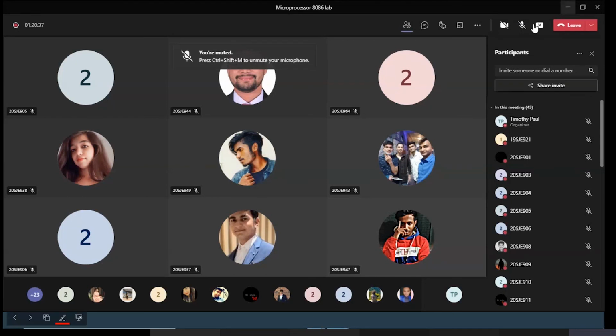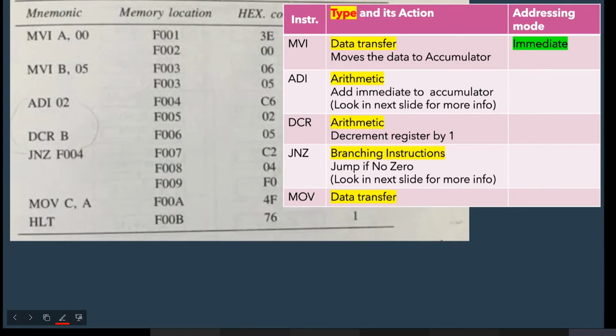Back. This is a very interesting program. So far, we were just doing addition.